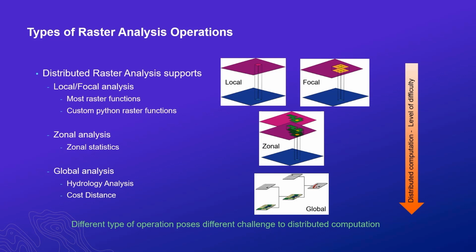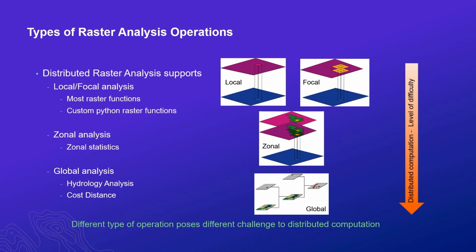Focal operation, on the other hand, is when you are looking at a cell and also looking at your neighboring cells, right? What is above me, below me, on the side, on the left, on the right. That's your focal operation. And to make a decision or to analyze something, you are looking into all of them together, right? That's a focal operation. Custom Python raster function, we'll talk about that later, falls into that category,